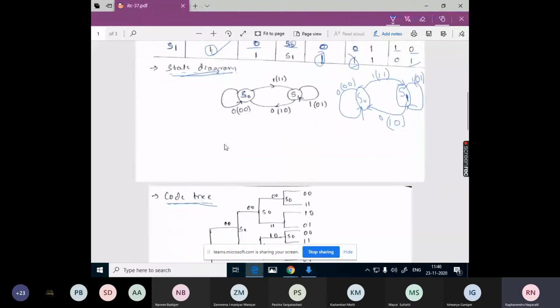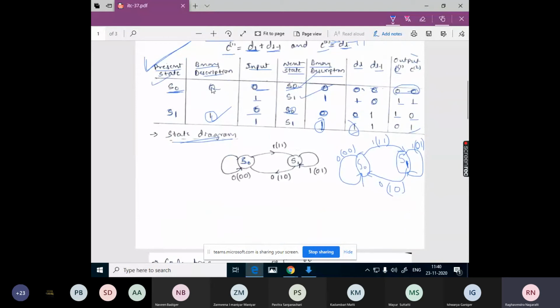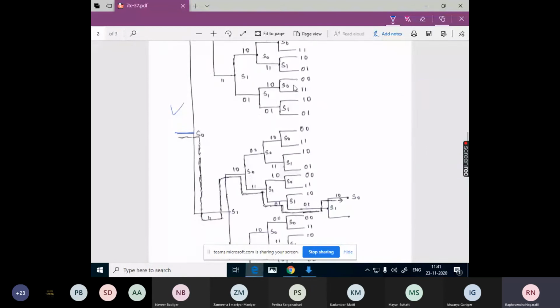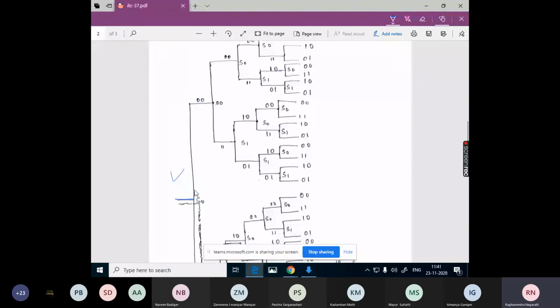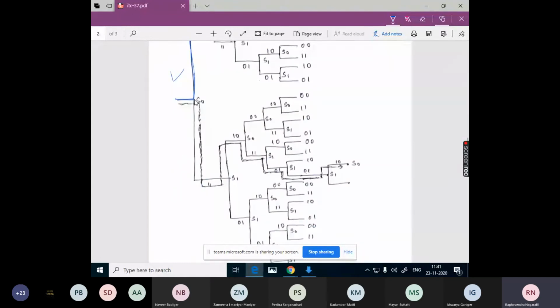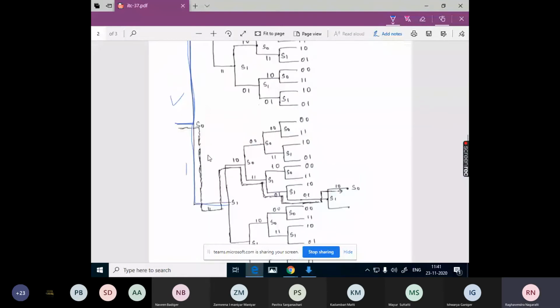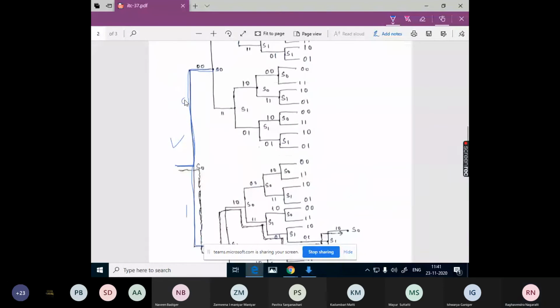For S0, if 0 is the input, then what will be the next state? S0 is the next state. So we have one transition denoted by this branch of this tree, and one transition representing this branch, one for 1 and one for 0.